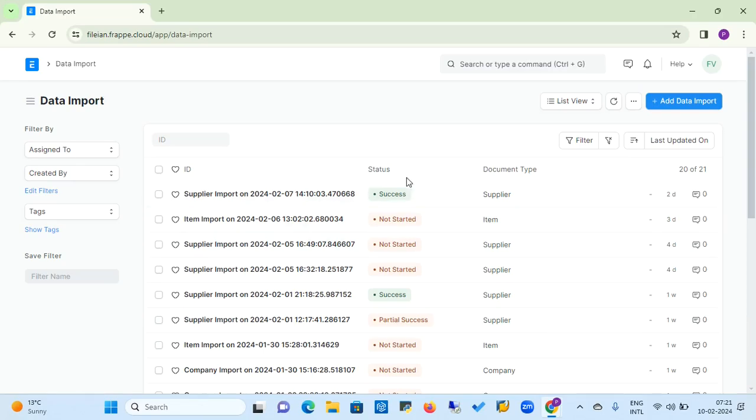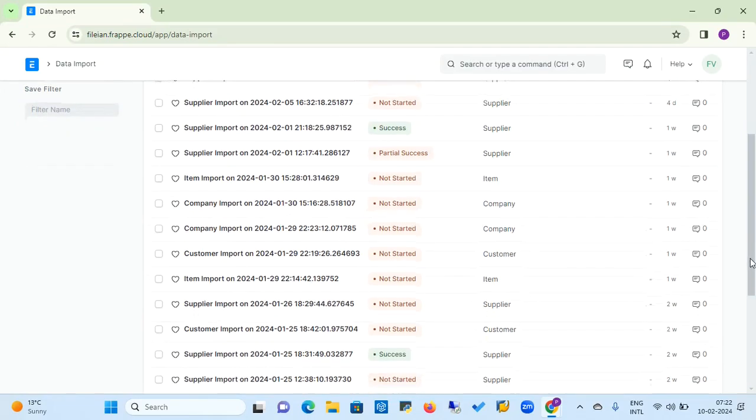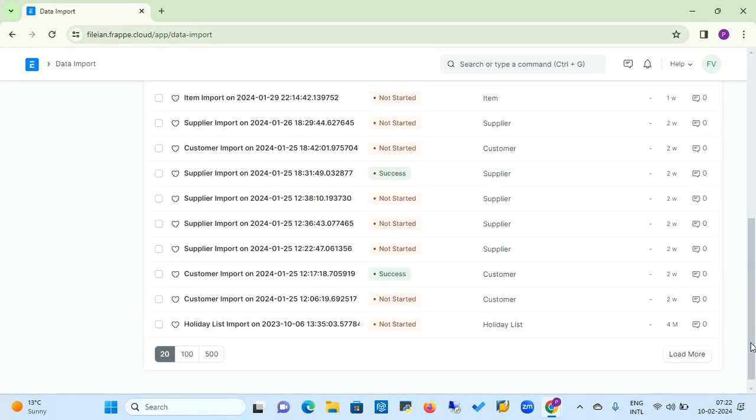of that particular activity. For example, this is supplier data, document type of supplier. The document type got imported, and the status is now succeeded because this activity imported successfully into the ERPNext database from other ERP software. And another one is the document type of item. That activity is not yet started because the status is not started, and somehow other documents may fail